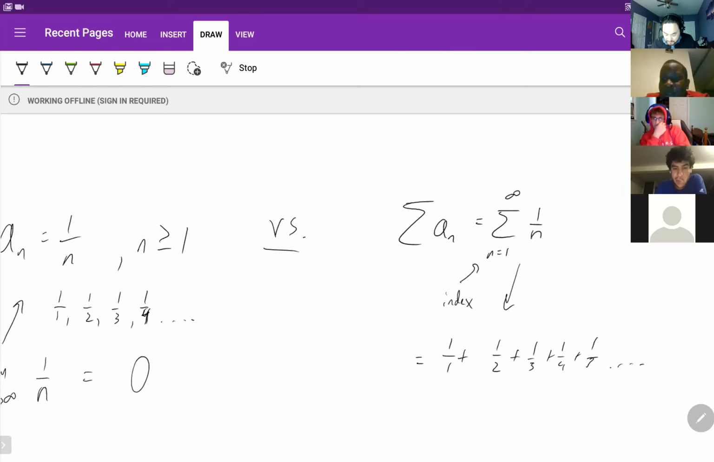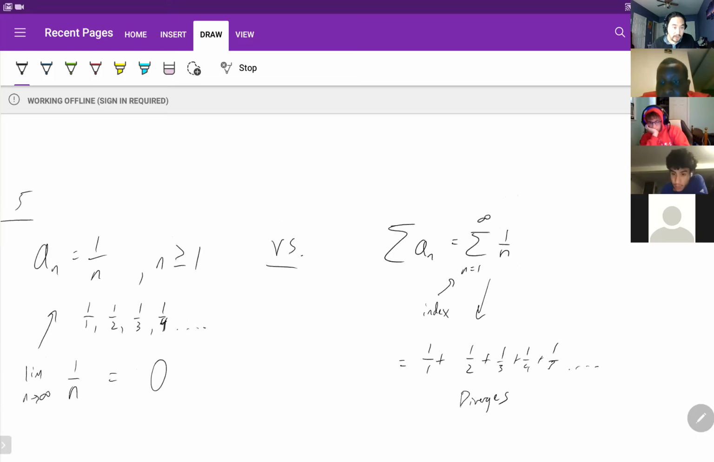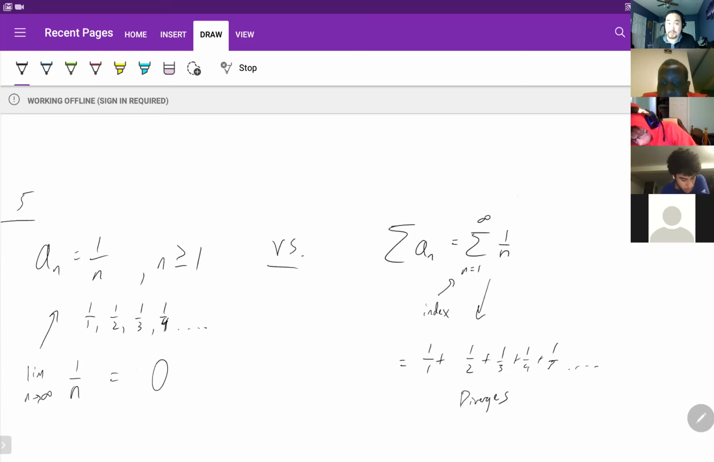But this actually does not go to 0. This is actually going to diverge. So this is a very common example of when a sequence does something and the series does something else. This is the point I'm trying to drive here. Sequences are not series. They're related, they're used in series, but when you're talking about convergence and divergence,